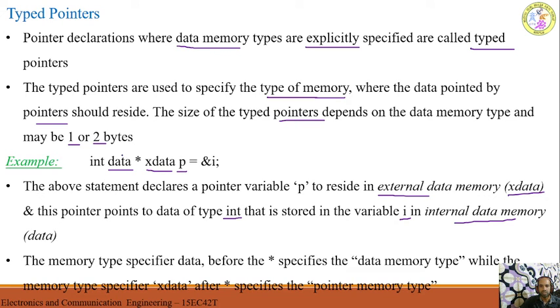So this data stands for where the actual variable I is stored, whereas this xdata shows where the pointer variable is stored. Pointer declaration where data memory types are explicitly specified. See here, data memory types are explicitly specified along with the instruction, where the variable I and where the pointer variable p are stored.